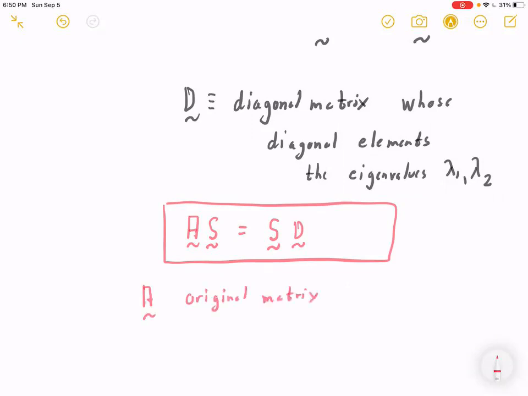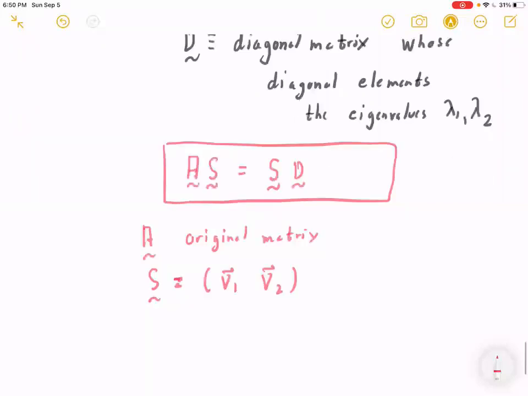It has eigenvectors. You can take the eigenvectors of A and build a new matrix S. So S is a matrix whose column vectors are the eigenvectors of A,